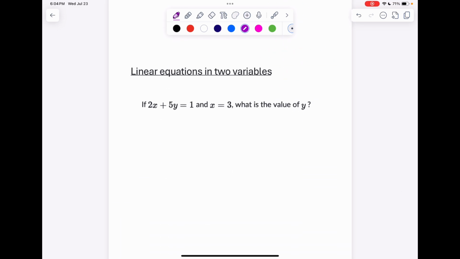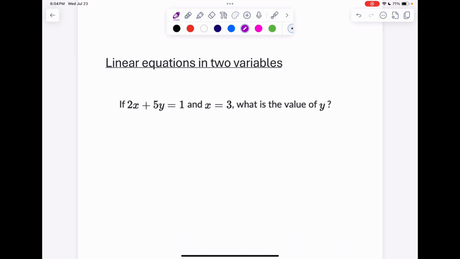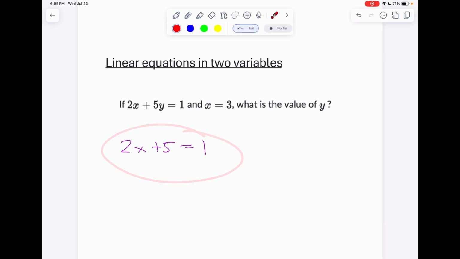Now, what if I have a linear equation with 2 variables? This is a bit different because before we had, say, this linear equation 2x plus 5 equals 1 with just one variable. And when this happens, we can solve for x. I call this celebration station. Why? We have one variable, and if we have one equation and one variable, we can solve. If I have something like this,